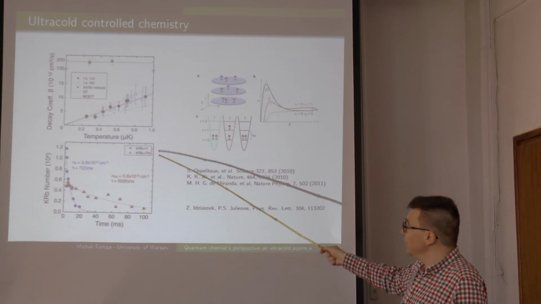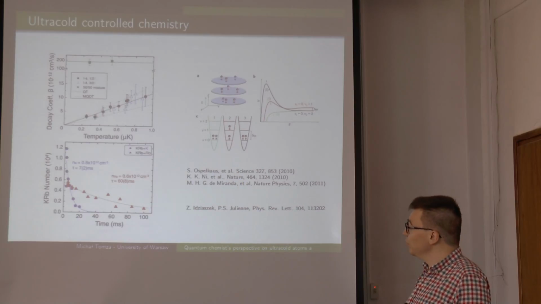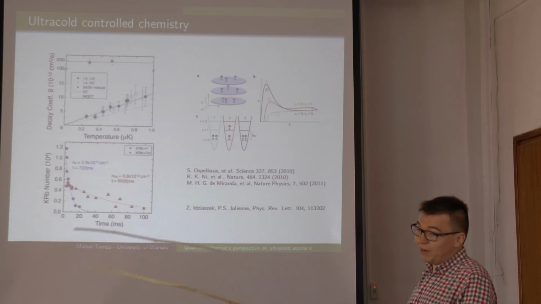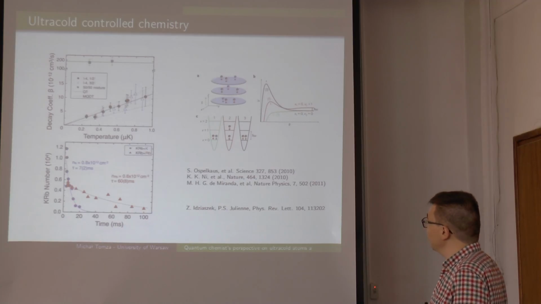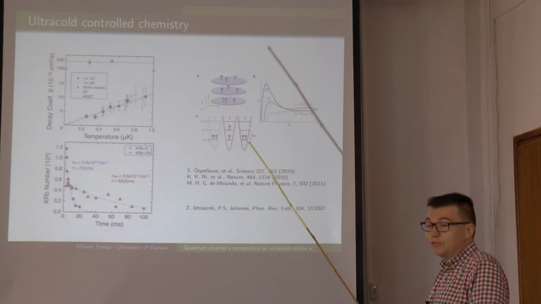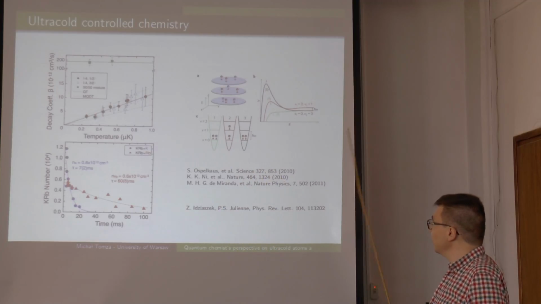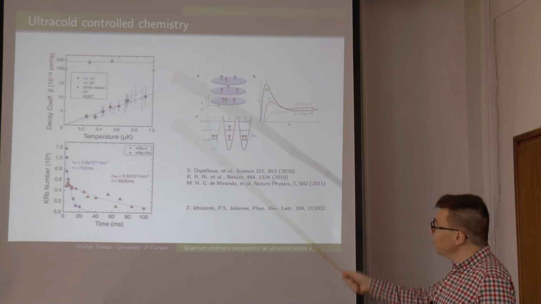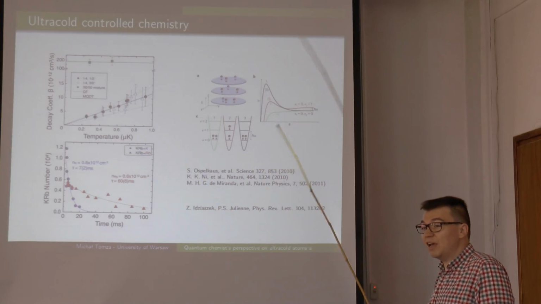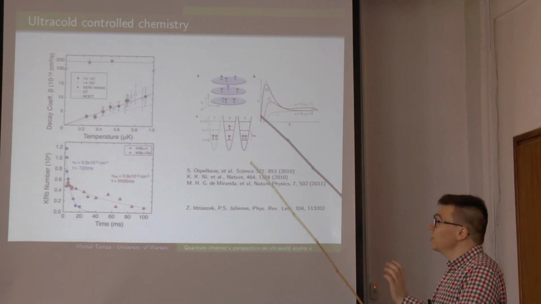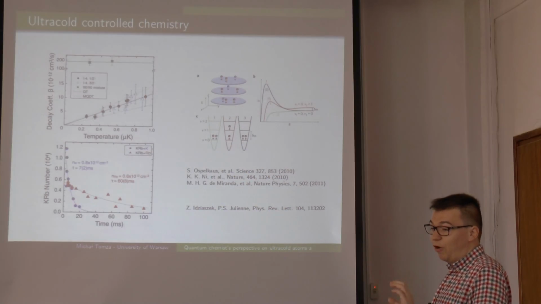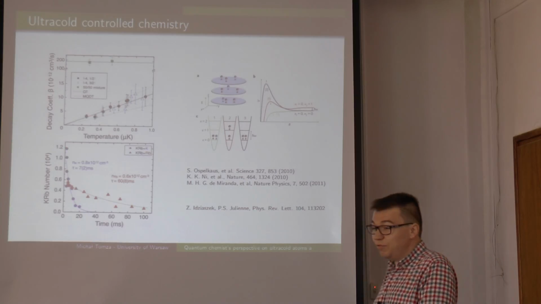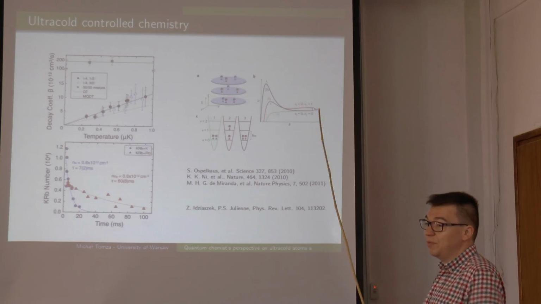They also changed the other atom that collides with the molecule, and depending on the energetics of the reactants, reactions were faster or slower. They also applied traps to reduce dimensionality, or electric fields, to control the reactions. But in fact, all this control is happening only in the entrance channel. They only control the quantum states of the reactants, but not of the products. So there is no information on what is going on with the products of this reaction.